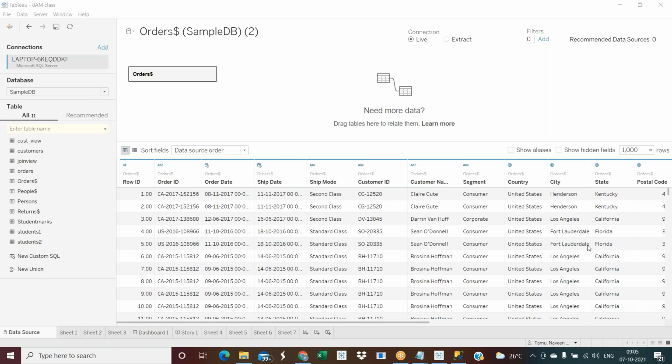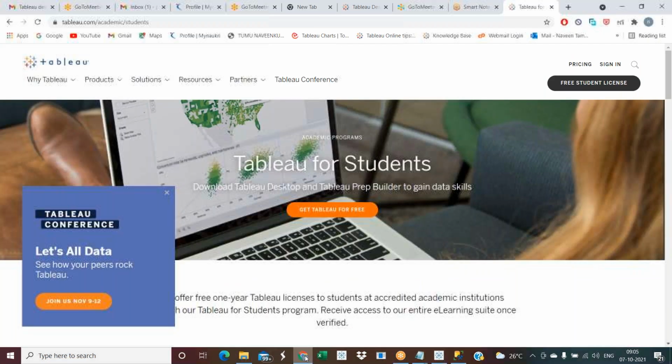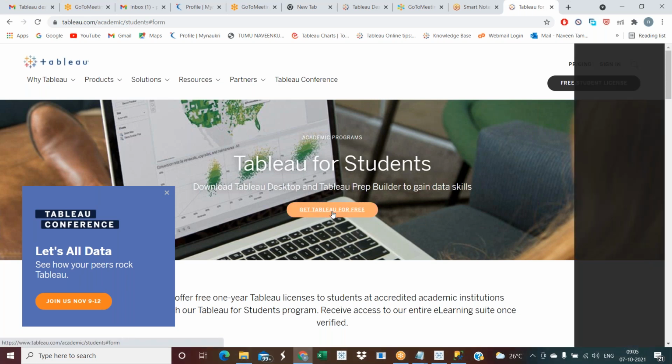Hello, sir. Every time you are buying Tableau software? No, I'm not buying. That is the reason I showed you, right? I'm using a student desktop, like a student ID. Just search Tableau for Students. Tableau is providing a 1 year free license for students. Suppose you are a student, Tableau is providing 1 year free for students because students want to learn new things. That is the reason it is providing it. Go for Tableau for free.